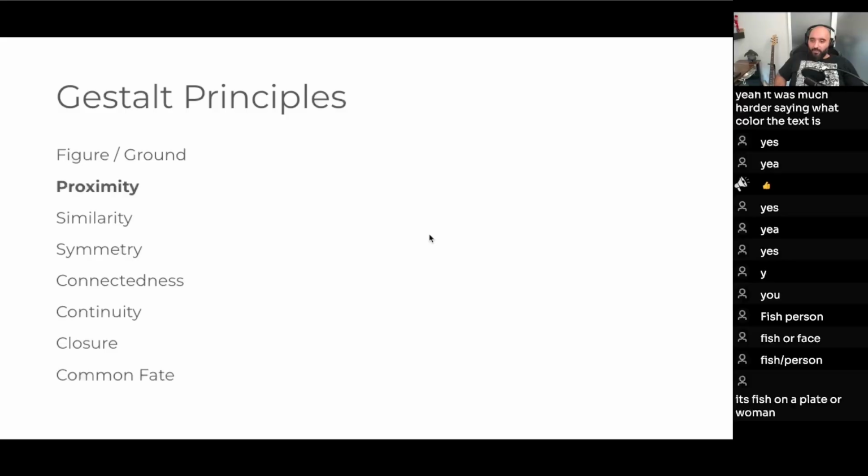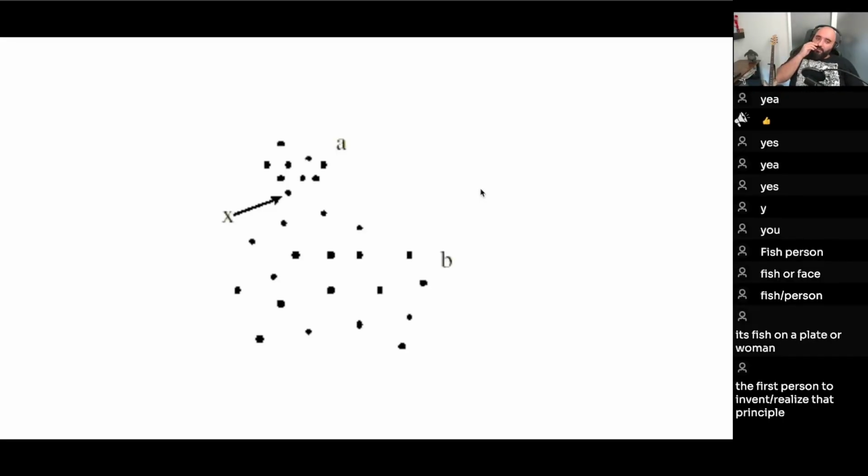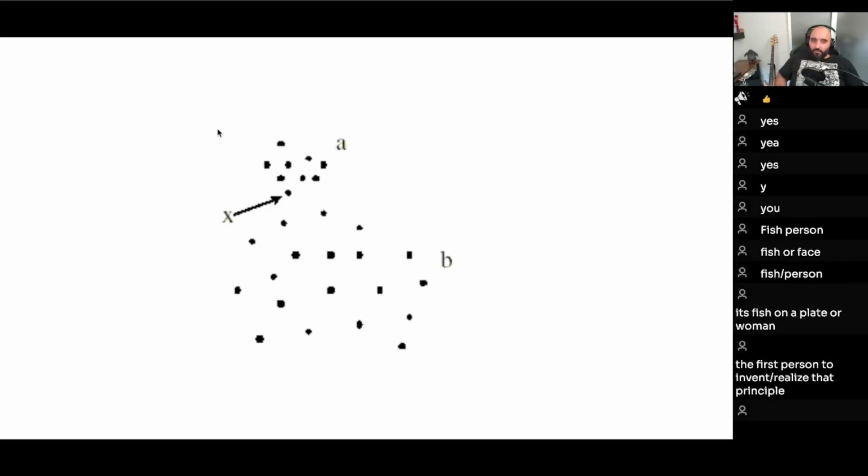So now we're going to look at proximity. The distance of these dots is almost equal in this group, and then it is equal in this group as well. But when you look at them together, because a group of dots is closer to each other here,